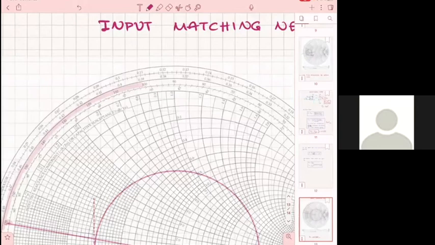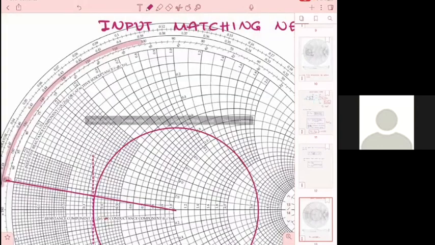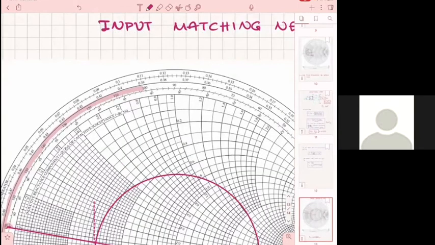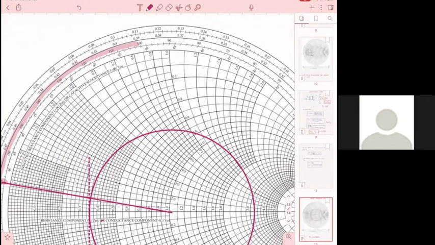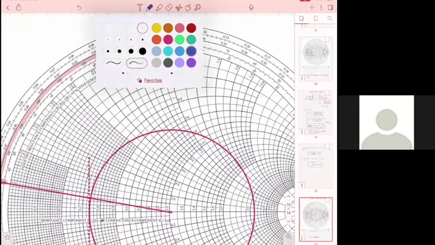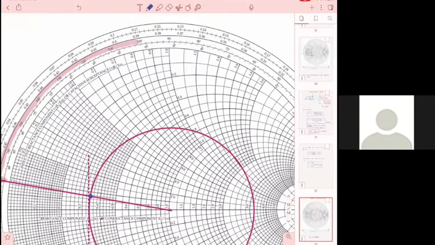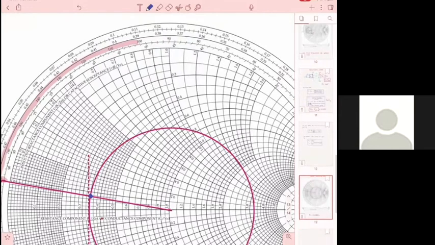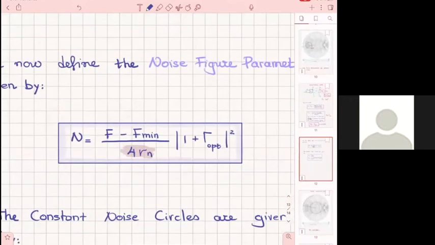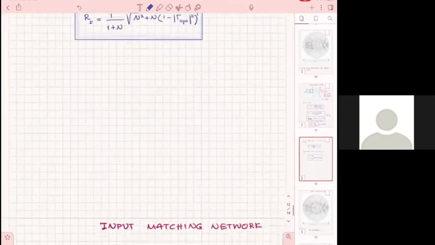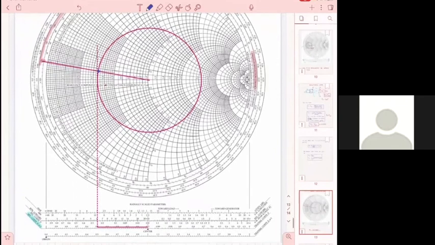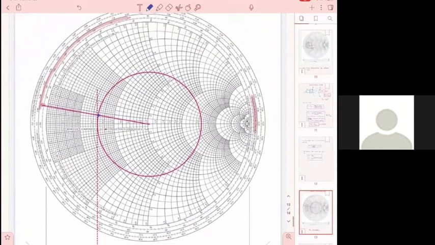We find a place where the circle intersects the line, the solid line, and it's this one. Okay, that is the point. That is the gamma S. All right, point. Now,